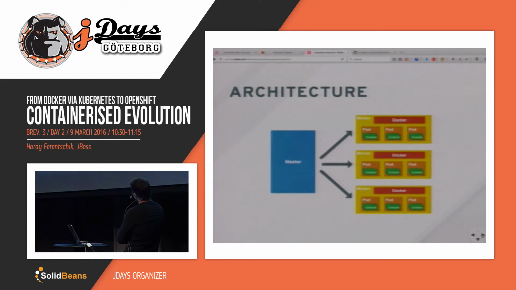Kubernetes also introduces a concept of a pod. So instead of making the smallest deployable unit a container, they are saying the smallest deployable unit is a pod. And the pod can be a single container or multiple containers. And the idea here is, for example, in some cases, it might be beneficial to make sure that two containers run on the same node. So the pods give you this quite easily.